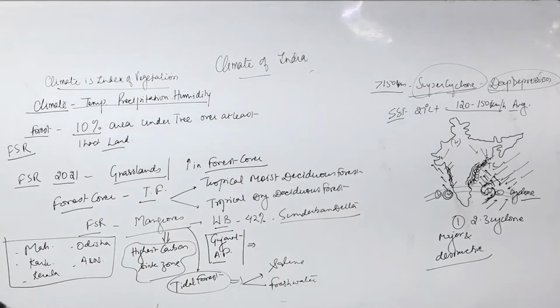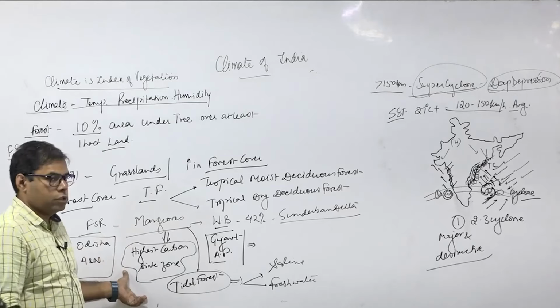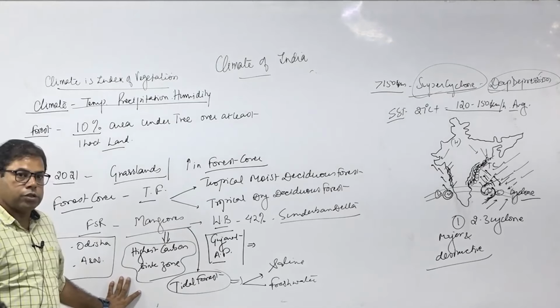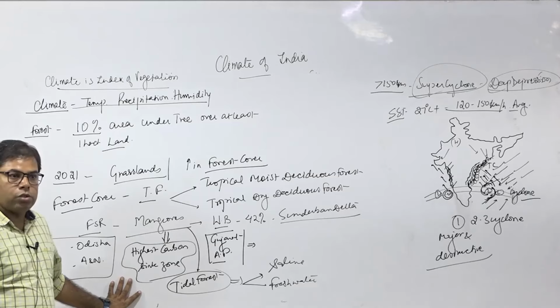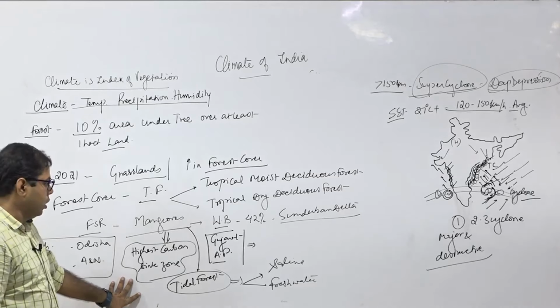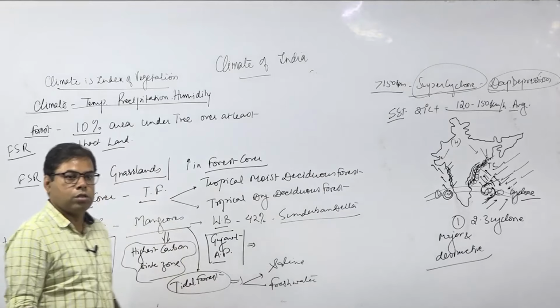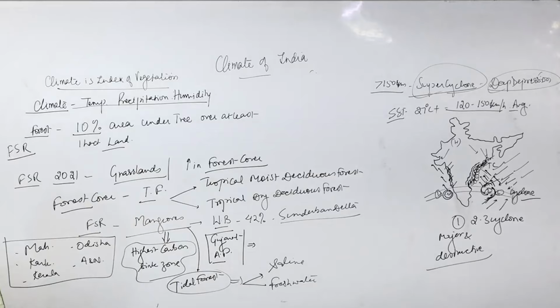Clear हो गया? Sir, why not Amazon forest? Why not Amazon forest? They should be known as the carbon sink zone. They are also the carbon sink zone. They are one of the highest carbon sink zones on the earth, because they are also the evergreen forest. They are also categorized under the tropical evergreen forest because they can survive both in saline and the freshwater zones in the coastal areas, right.